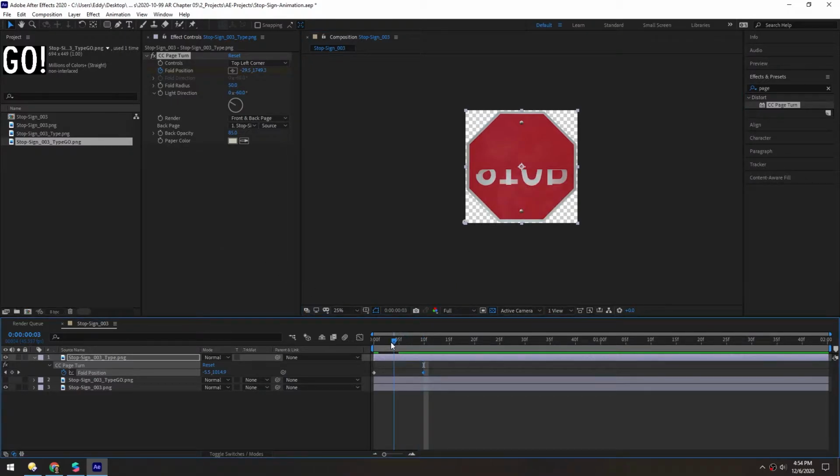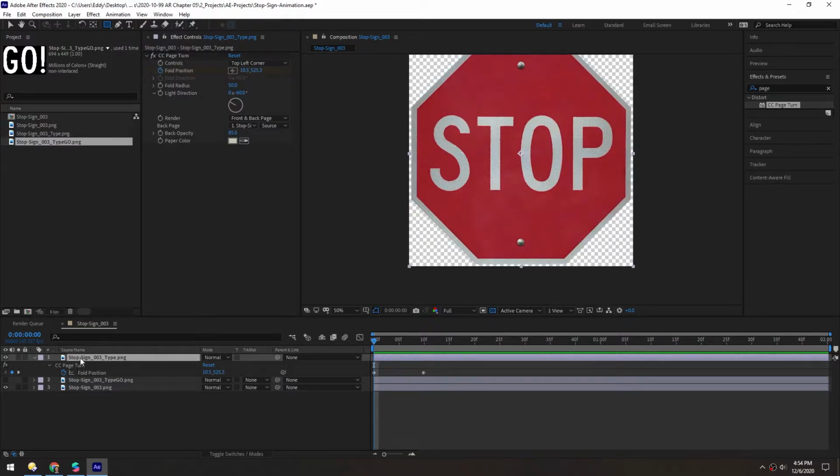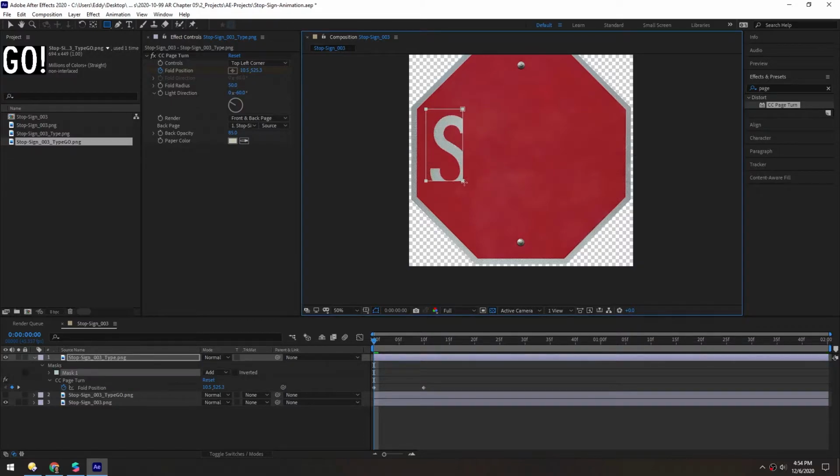So now if I scrub here, you can see the whole thing animates off. And this looks very artificial. Nothing would be that perfectly peeling off. So what we can do is use masks to offset these. So up here, I'll grab a rectangular tool, and this will make a mask because we have this selected. So I can click and drag over the S,